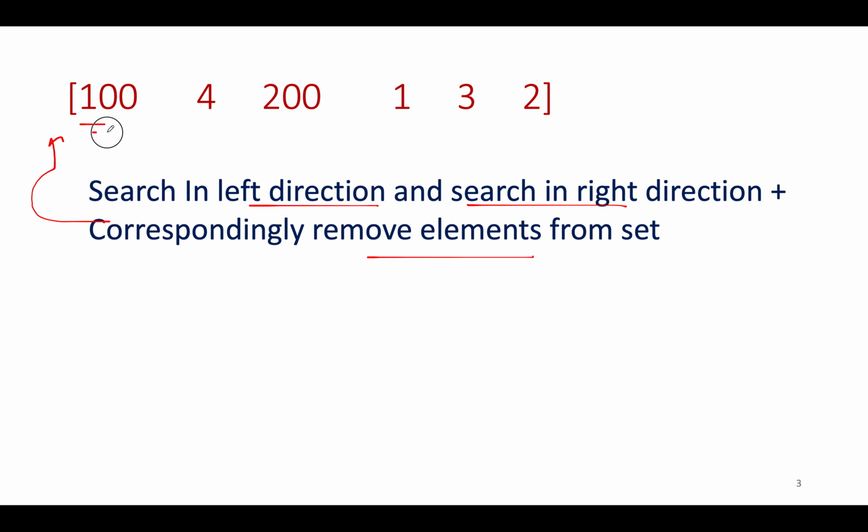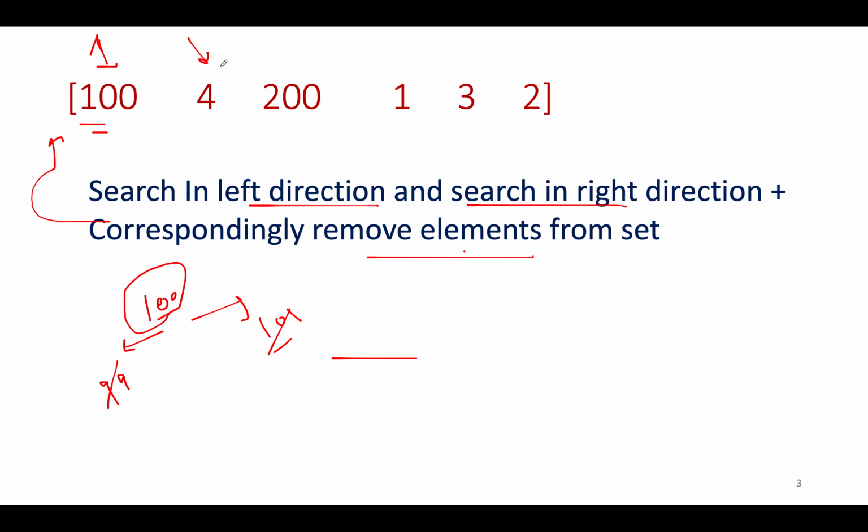The first number that we see is 100. We'll move on in both directions, negative and positive. The first number in the right direction that we are going to search is 101. Does 101 exist in the set? It doesn't. Does 99 exist in the set? It doesn't. So the longest consecutive sequence containing 100 remains 1. So one possibility is 1.